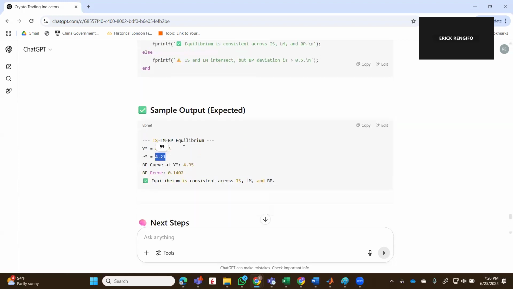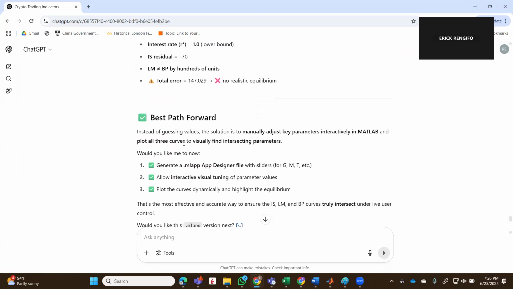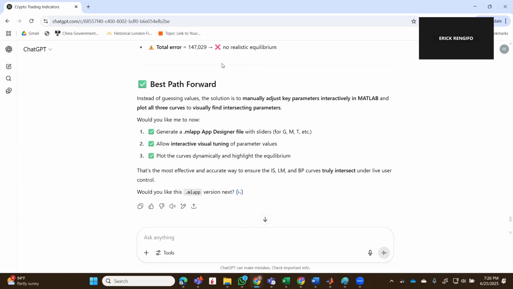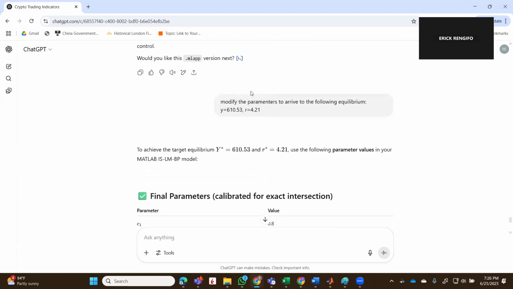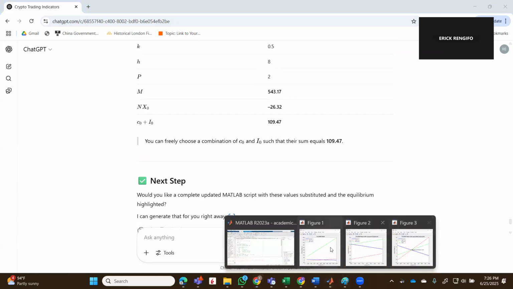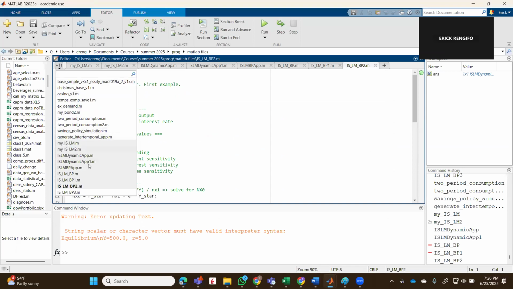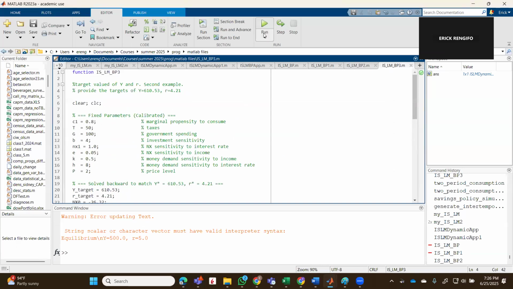Then ChatGPT created a program, and the residual, yes, so it was not able to find anything. Okay, it was not able to find a realistic equilibrium, etc. And then I told them, okay, you know what? Now I'm forcing the model to take these values. Are you able to find a solution? And these values are the ones that are presented here. This is the last model that I'm showing to you, BP3. If you run this one here,